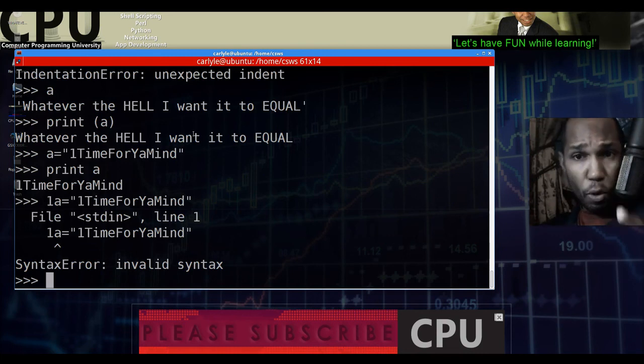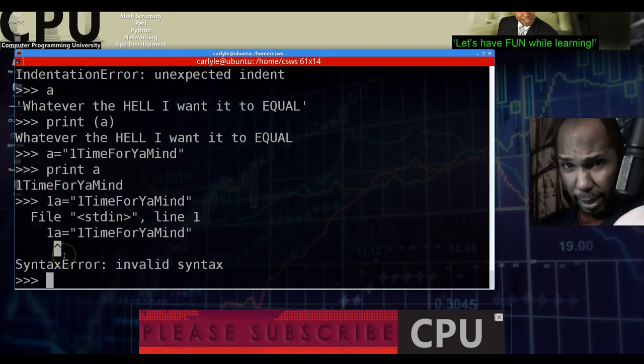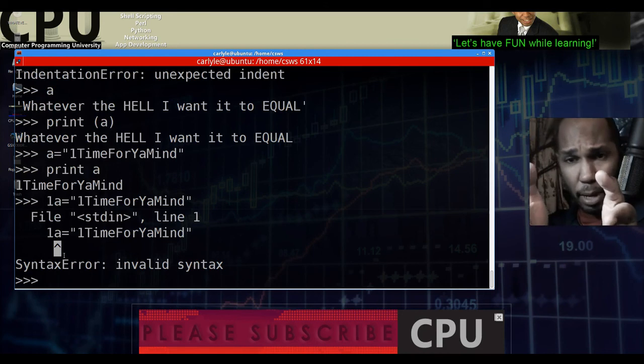But notice it's pointing at the A, right? So at least it's kind of in the range. And you'll notice a lot of times the arrow doesn't point exactly to where you need to be, but it gives you the range. So if you focus on the A and you're like, A, 1A, at least it's pointing at part of the variable name. So if you focus on the variable name and you go through the videos, my videos, the books